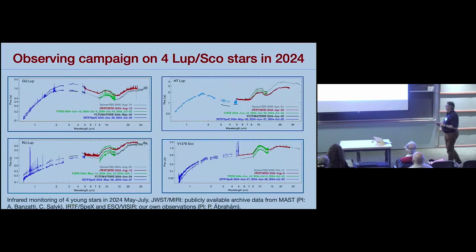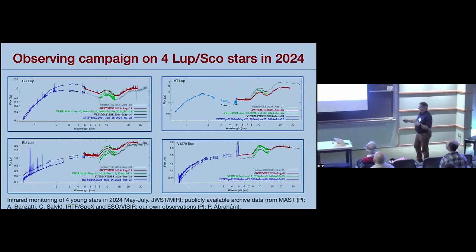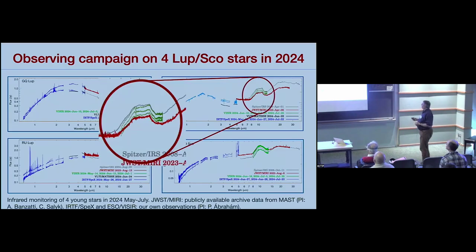So these are the results, at least for 4 examples out of these 10. But you see that these are the ranges where the Spitzer and the MIRI, Spitzer is always gray, MIRI is the red one, are so different, which we knew before because the sources were selected on that. But also in other parts, you see a lot of variability. So I would like to call your attention to this part. You would see in all sources the same. This is the old Spitzer spectrum, and the new MIRI spectrum, the red one, they define a certain range.